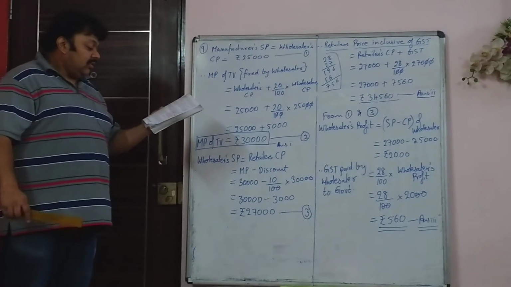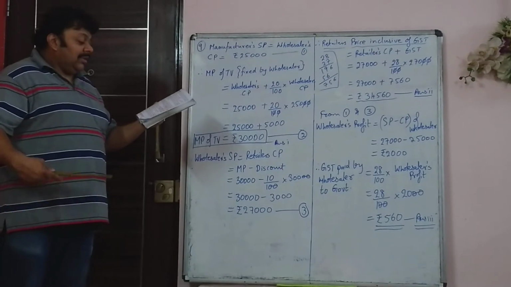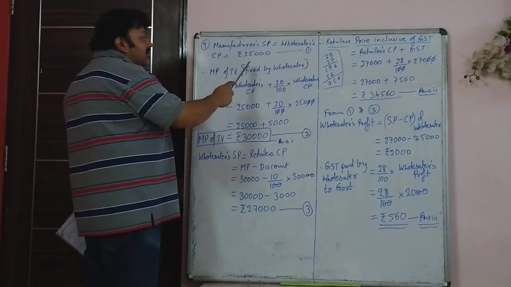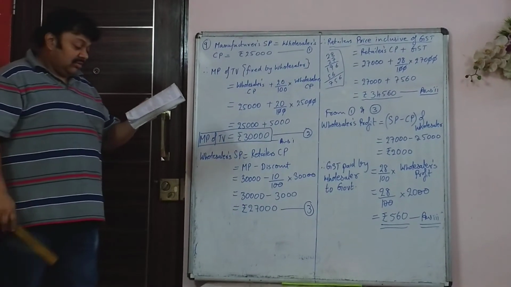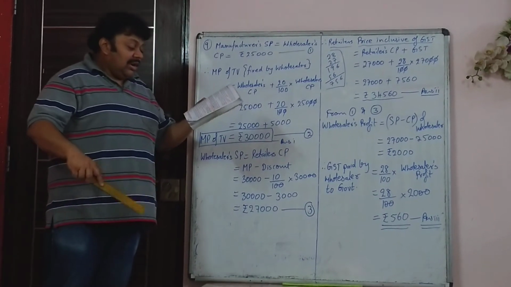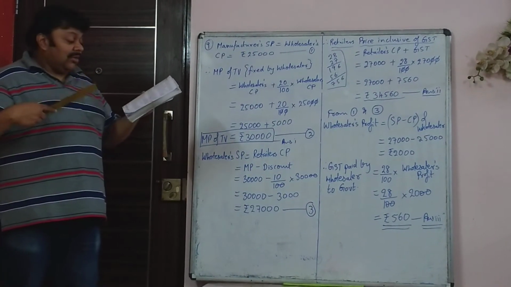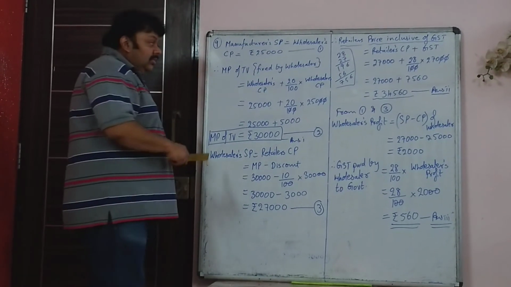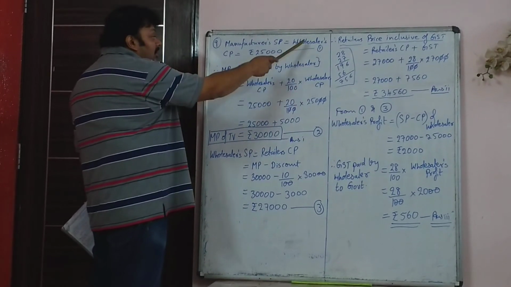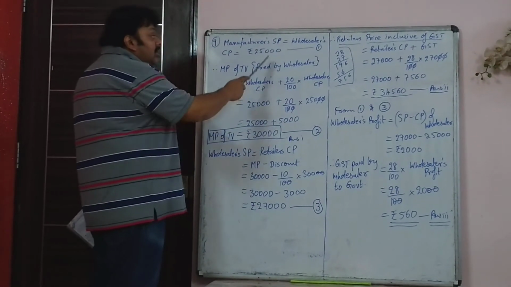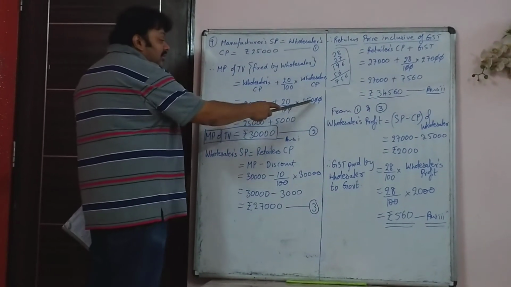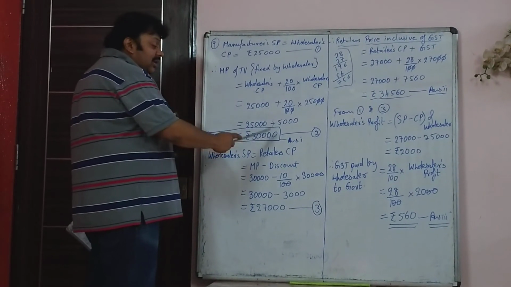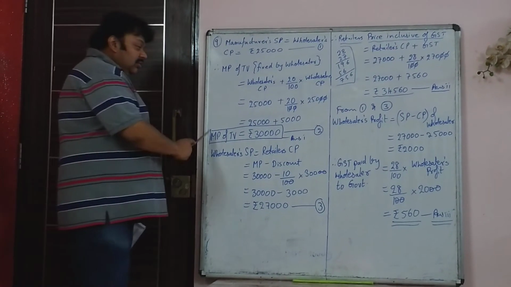In the 9th question, a wholesaler buys a TV from a manufacturer at rupees 25,000. So the manufacturer's SP and the wholesaler's CP is rupees 25,000. Very clear in that. He marks the price of the TV at 20% above his cost price. So he has made a new mark price for it. The wholesaler is doing this: 25,000 plus 20% extra. So 25,000 plus 5,000. So the new mark price of the TV is 30,000. So that is one of the answers.